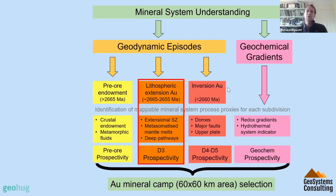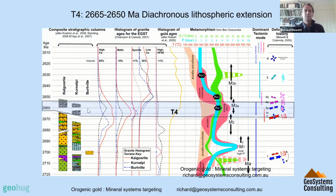So we're going to move into the third geodynamic episode, and this is when gold really happens for the first time, significantly. This is the main lithospheric extension, and these are the elements that we're able to map through that. So these are these beautiful lake basins. These are the Temiskaming things in Canada, which I've had the pleasure of looking at. These are the Malina Basin in the Pilbara. I forgot the name of the Slave and the Cup vial, but anyway, these are the Pig Well Graben and